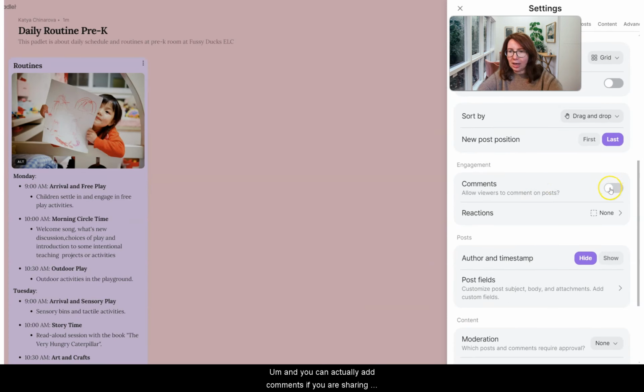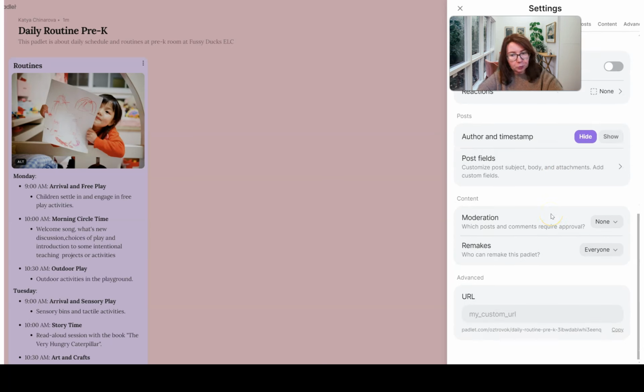And you can actually add comments if you are sharing this schedule with your co-educators, educational leader, or your families. If you want to moderate any posts, you can become a moderator. So a lot of interesting things. Also, you can create your own